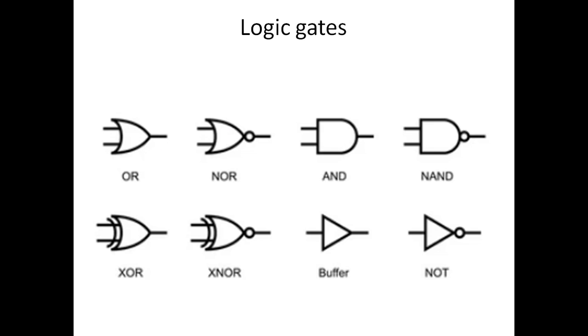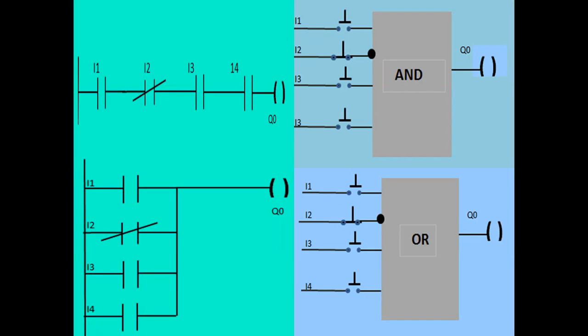For the same function, we have gates in the PLC program. The only thing is it comes with multiple inputs. You see here an AND gate with 4 inputs. The number of inputs will vary depending upon the programming software. I have an AND gate with this switch configuration.